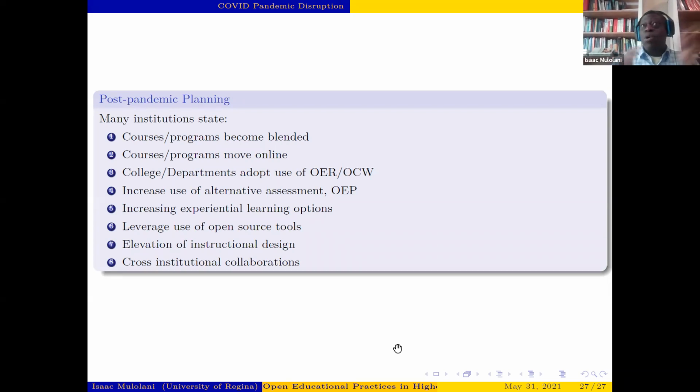And then we're seeing more collaborations across institutions, especially when it comes to online. There's more of a willingness to share online courses across institutions. So you have some institutions that have been further along in delivering online courses, and they're being partnered with other institutions that want to reuse some of that. So there are collaborations in that regard, which is good because